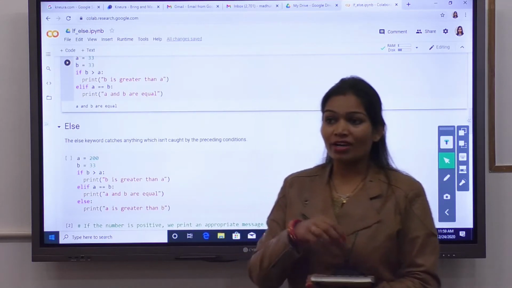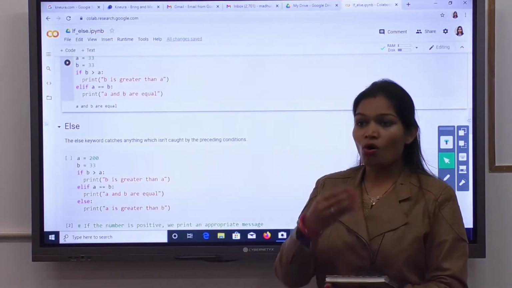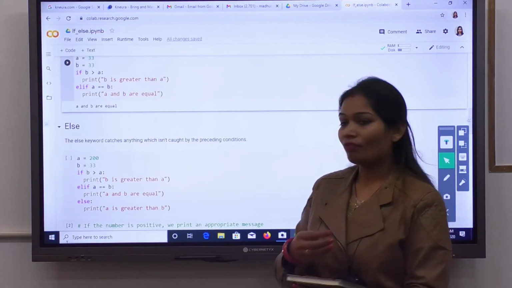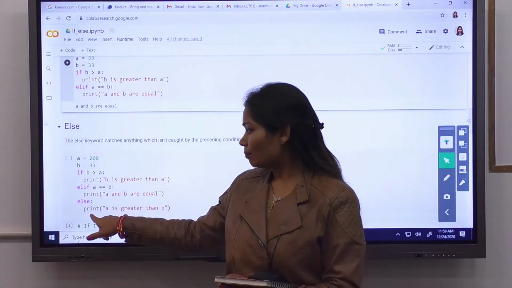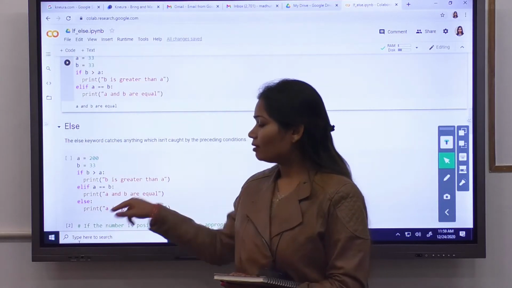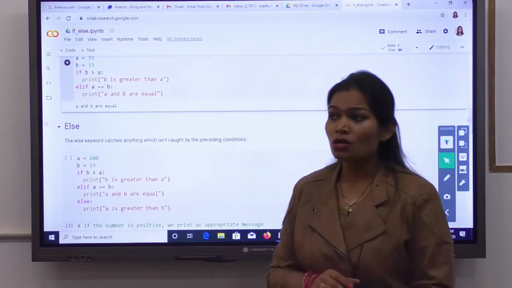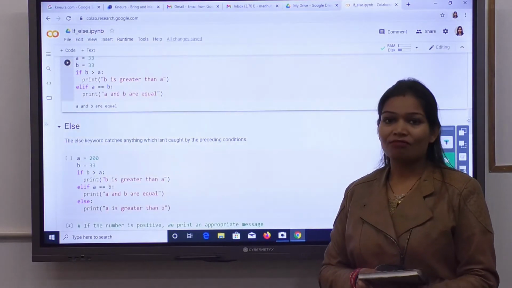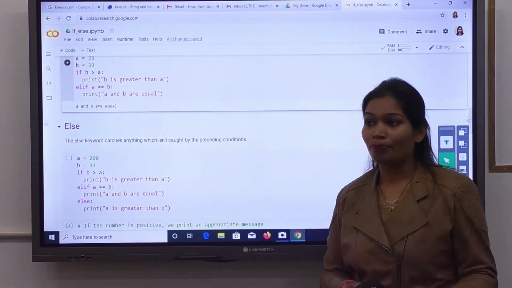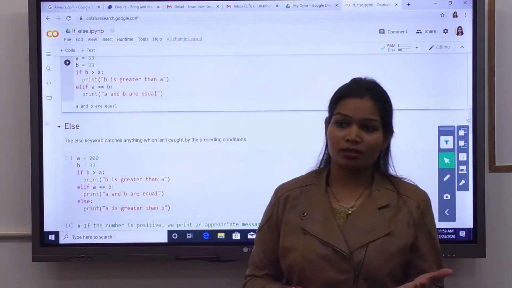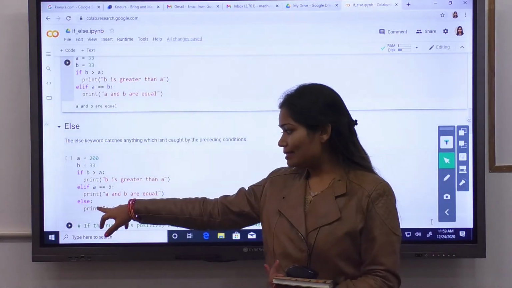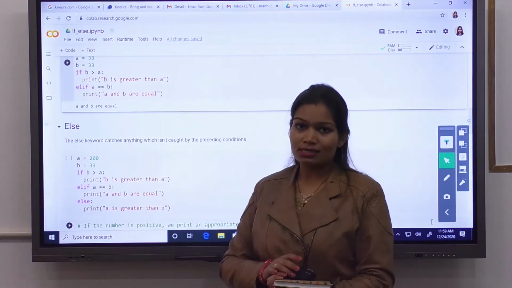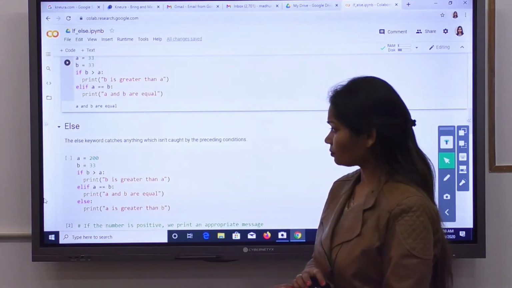In the case when all the conditions are false of if as well as of elif, then the code will come on the else statement and it will print the default statement. Whenever you want to put a default statement in your program, when all the conditions are wrong, then the code will come on the else and it will print the default statement which you want to print.